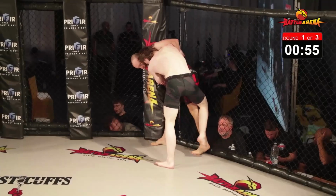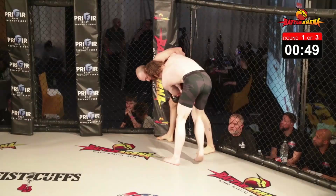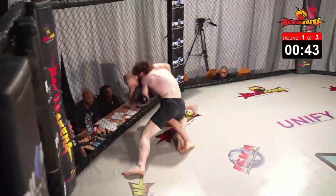Look, he doesn't need to rush in this position. He's controlling. He's got great head position. He's got great arm position. Doesn't need to force this. Doesn't need to take any risks. Exactly, and just chip away at Lie over time. Just wear him down. Looking for the trip back. Yep, and